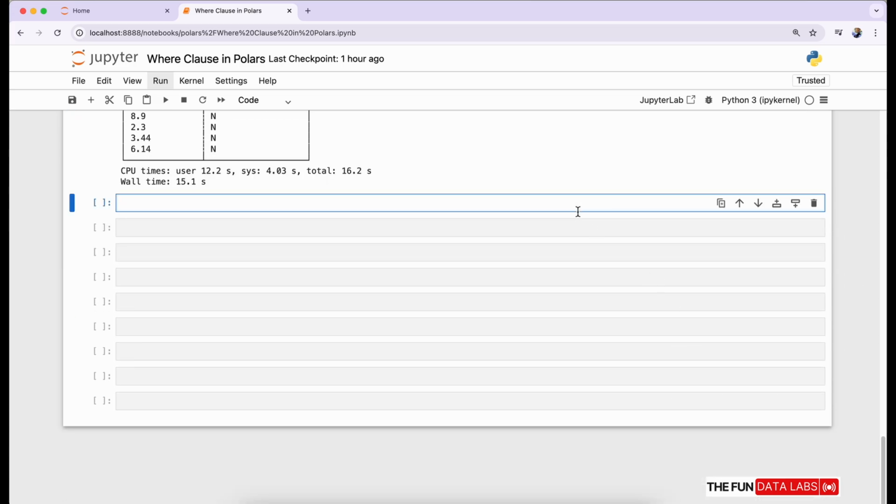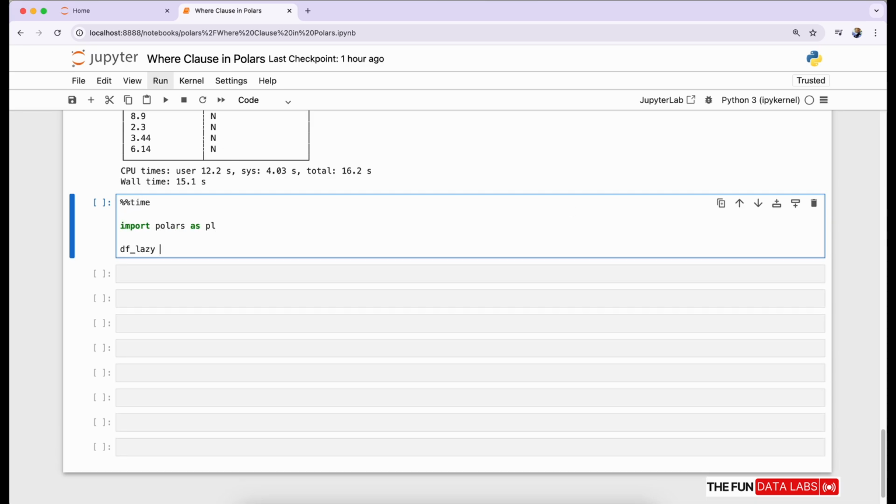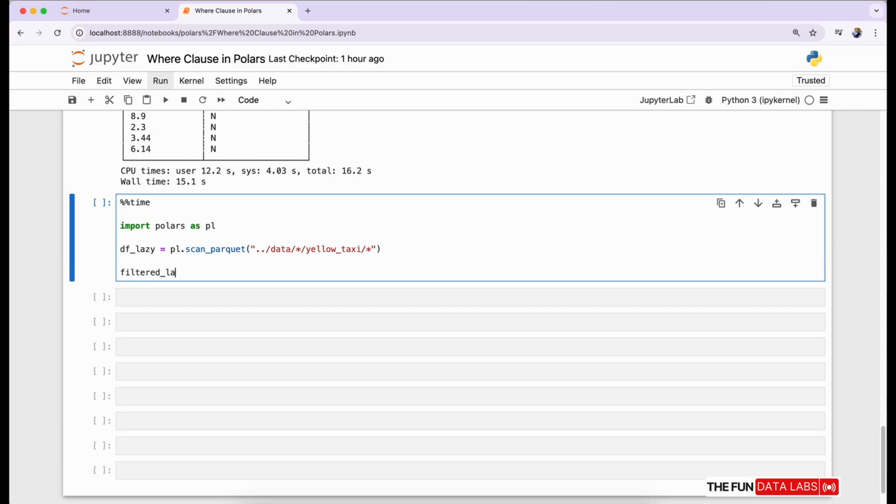This time we will take a different filter condition just to test how filter conditions work. We will take the null condition to check how Polars works with null columns. Let's import the polars library as pl by calling the pl.scan_parquet method with the file path. Get the path of the data folder where we are using the yellow taxi data folder to read all files into it. We are using data from 2010 to 2022 yellow taxi data, so we are using wildcard star in year and month both sections and create the df lazy variable.